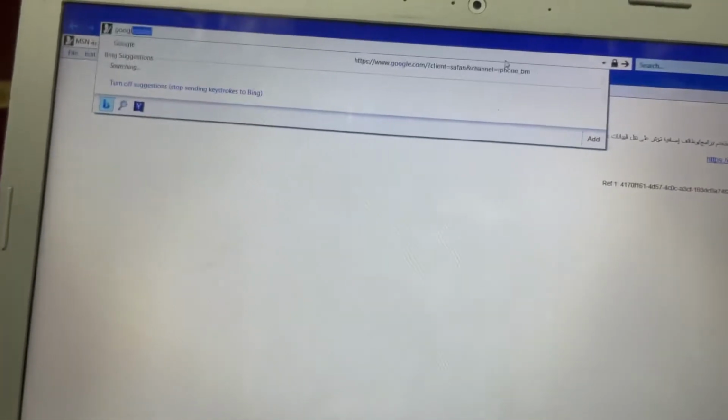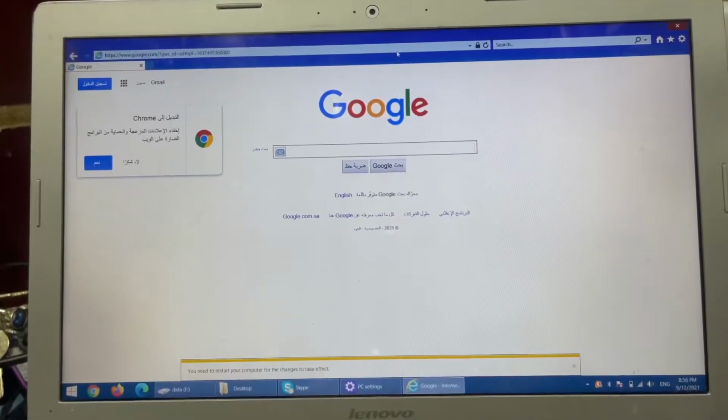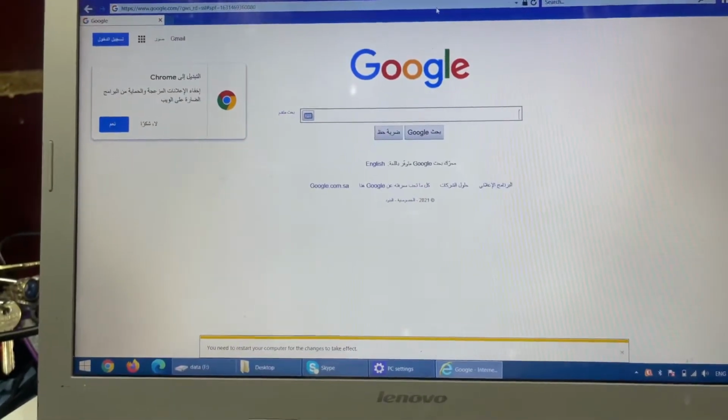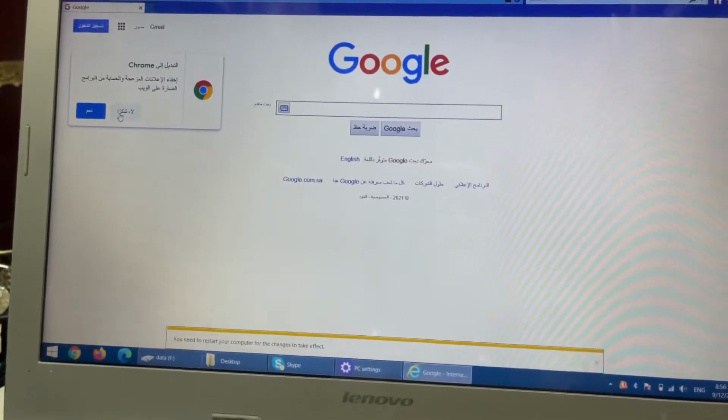Wait until it finishes all this, close, and check now. You see, it's working. So if you have a problem like this, sometimes it is a problem from the antivirus or some programs,